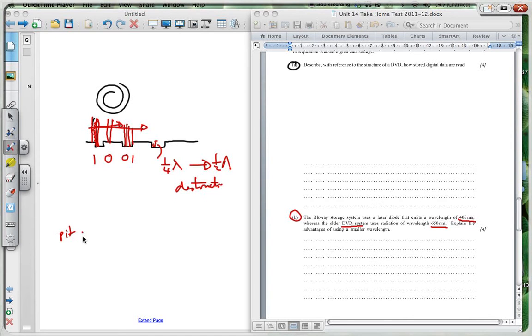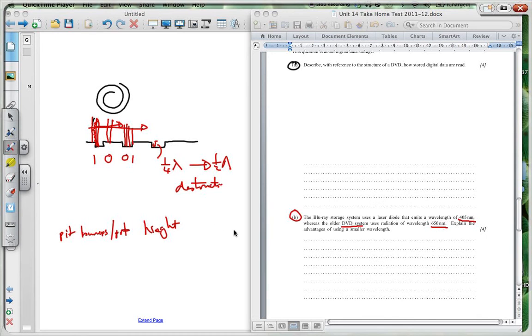So your bumps and your pits, the height of these is less. This will be a quarter of 405, so it will be something like 100 nanometers, where here these